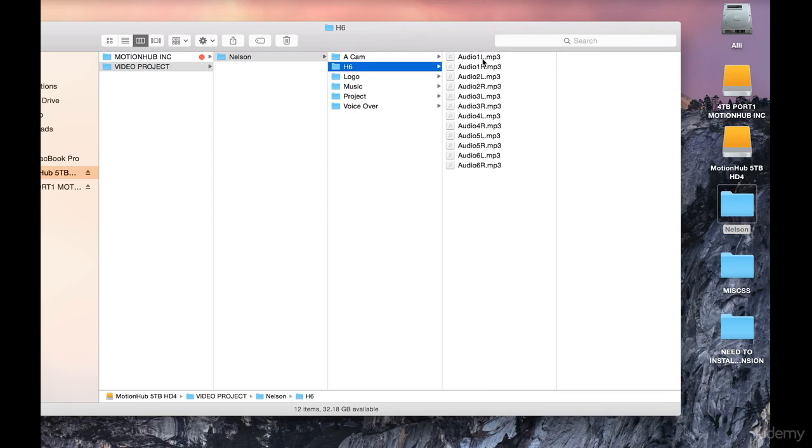and as you can see, we have audio 1L, audio 1R, and it continues like this. Quickly, I'll give you a little bit of insight into why we have 2 different channels, one left and one right, L and R. The reason is because on some of the shoots that we do in our video production company that are smaller, we often use an H6 audio recorder, and we have an adapter that plugs right on top of the H6 called an